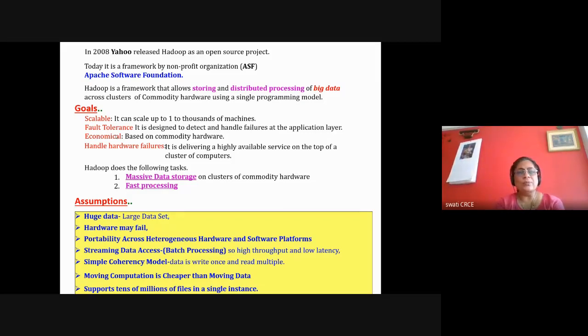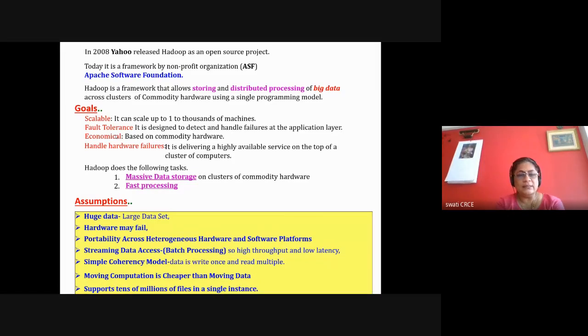Because Hadoop got developed using Java, the components of Hadoop can be executed on any machine or any platform. Okay, so you can have any kind of hardware computer, and the components of Hadoop can be executed on that, because it is a Java-based framework.